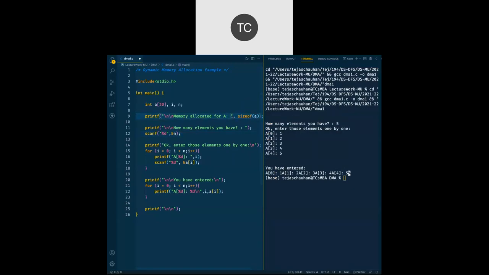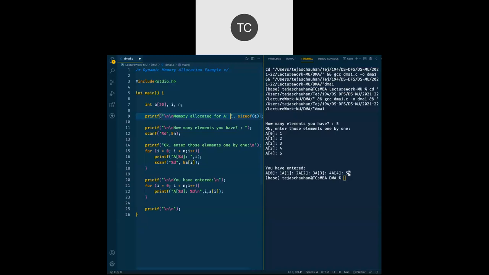Now inside my control string, I should have one placeholder. Now sizeof A is going to be some size. Size can never be negative. It's always going to be a positive number. It cannot be float also, because it is going to be the number of bytes. So generally it is going to be an integer, and to be very specific, an unsigned integer. So you can have %d, you can have %u for unsigned integer.